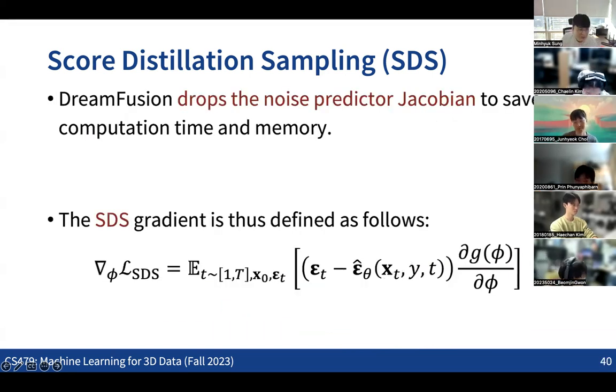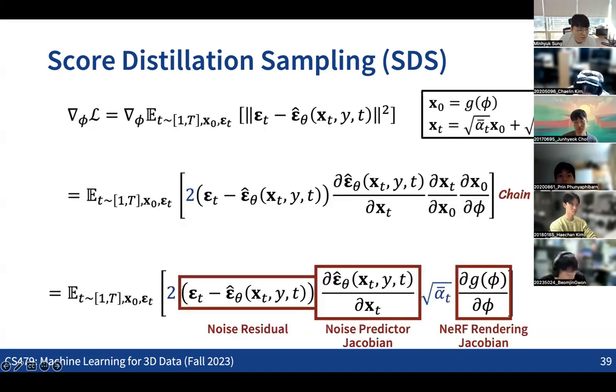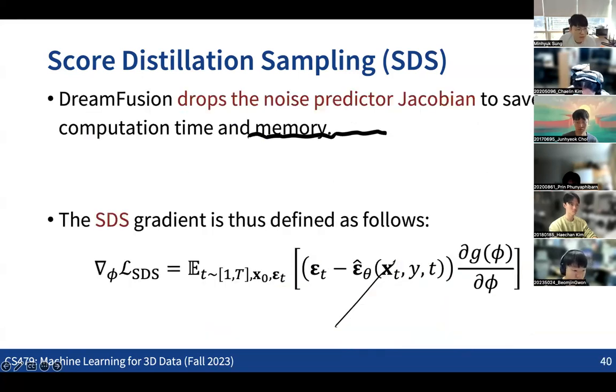But this is a very engineering, hacky way of reducing the computation time. The basic idea here is running gradient descent to minimize this noise difference. But practically people just drop this term. And actually you can see that dropping this term does not make any big difference in the output of the data.